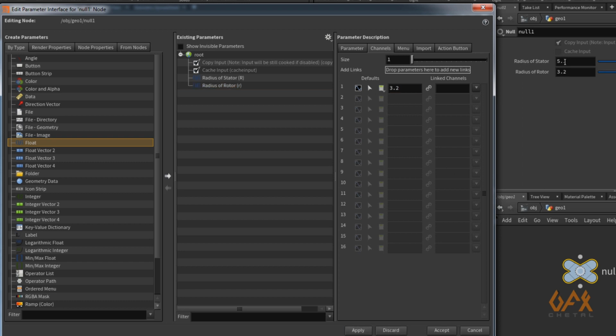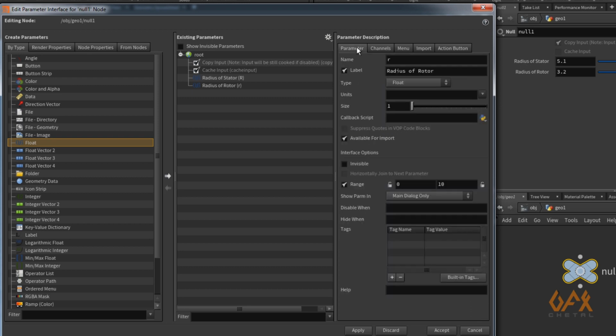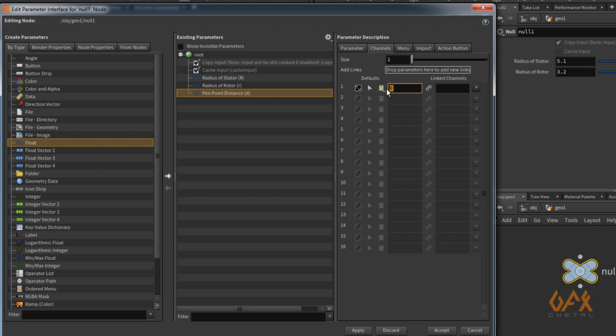I set the value very odd, so that you can design your spirograph very complicated and very beautifully. Now again I add one more, and name it D, that is the pen point distance. Set the range again, go to channel, set it to 2.17 maybe, and apply.